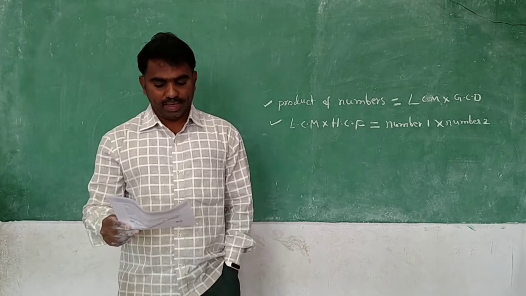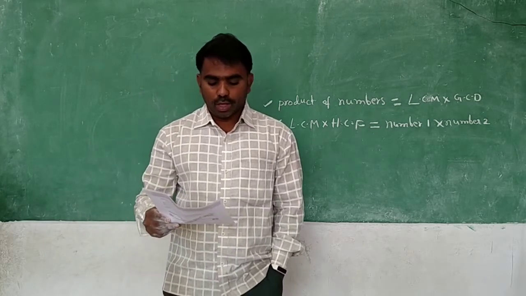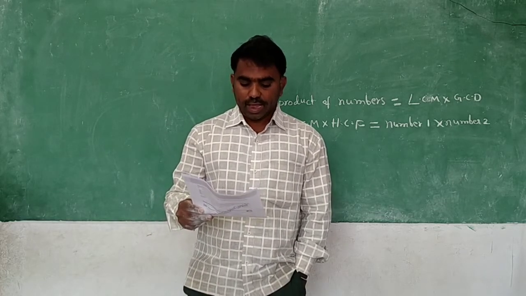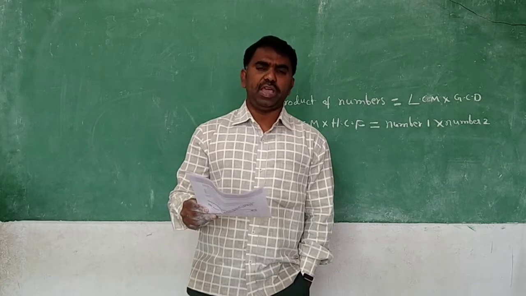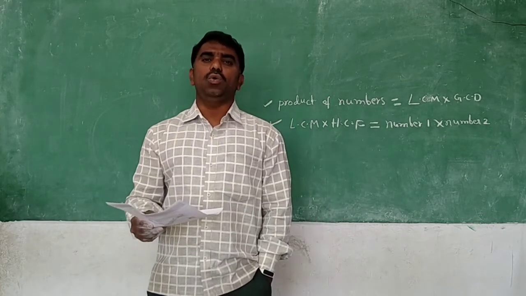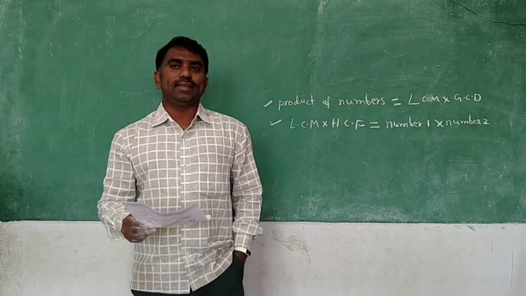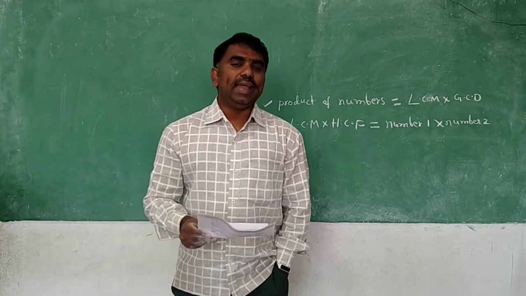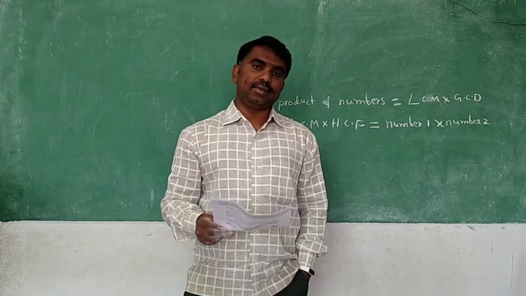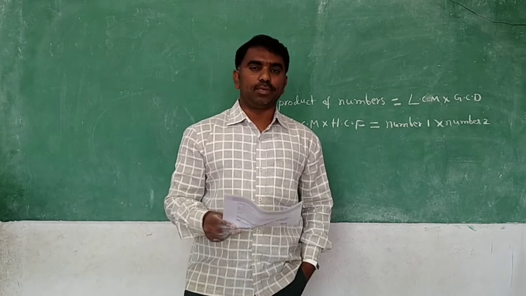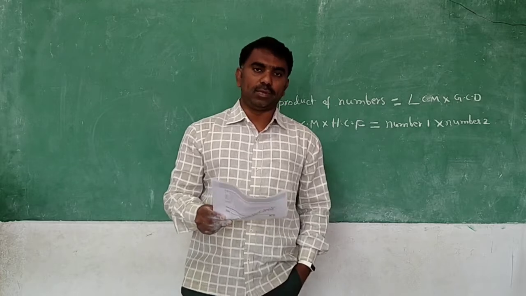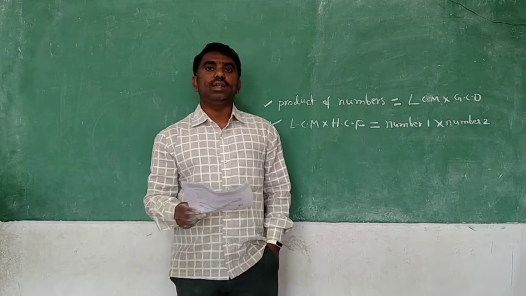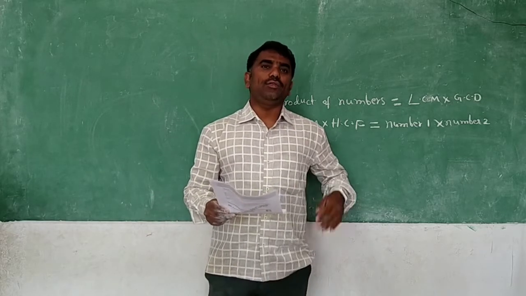The first one is: find the LCM and HCF of the following numbers and check their relationship. Make the same table that you have written now. In that I have taken the examples 12 and 18, 8 and 9, 6 and 8. Instead of those examples, you take these examples: 15 and 24, 8 and 25, and 12 and 48.